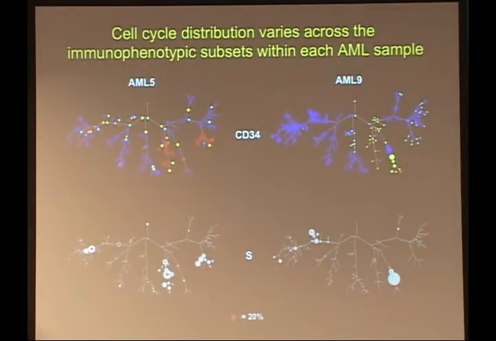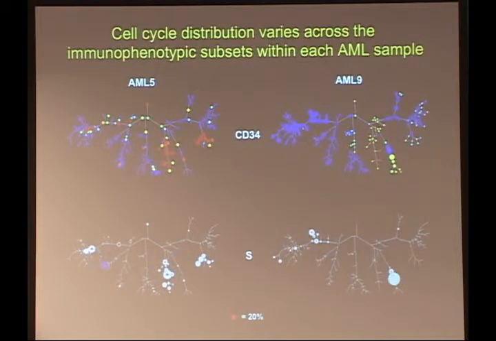And then you can take this on to compare normal cells to cancerous cells and different cancerous cell lines. These are 2 AML samples. When we look at a variety of markers, I'm showing CD34, you can see that the malignant cells light up quite readily. You can see here in this chart where I've sized the circles to the absolute cell numbers so that the really rare populations are invisible. But you can see that there's several different